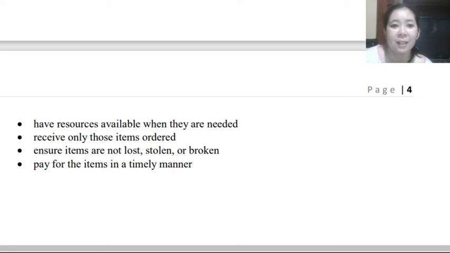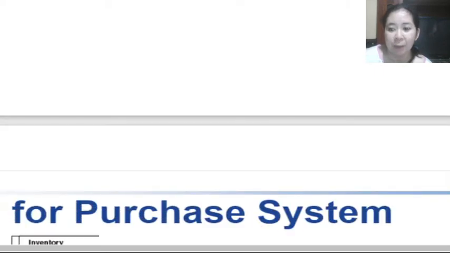Okay, another is ensure items are not lost, stolen, or broken, because this is a loss on the part of the entity. And lastly is pay for the item in a timely manner so that the entity can get advantage of the discount and most especially the good relationship that they have with their suppliers, with their good credit standing. So those are the objectives of our